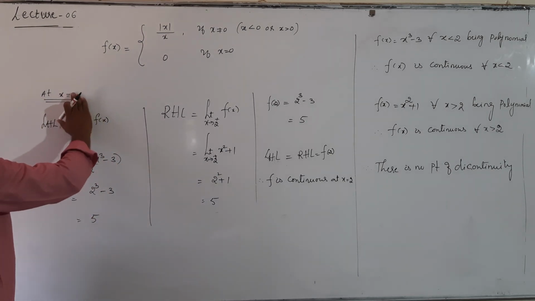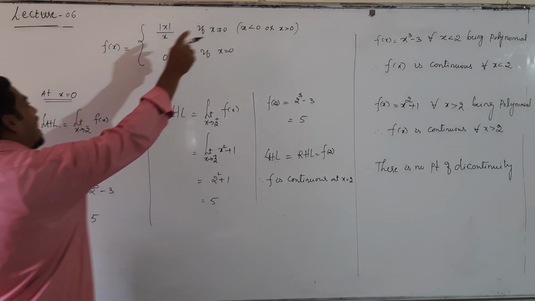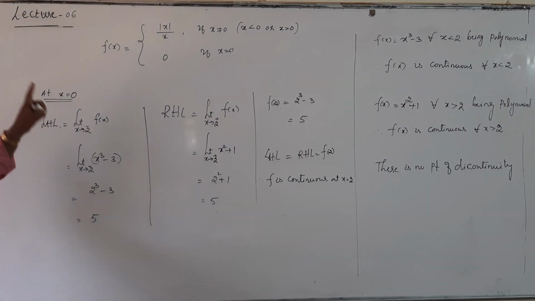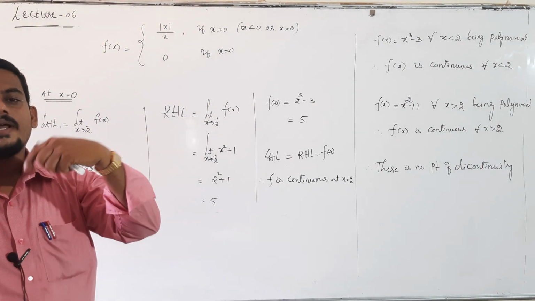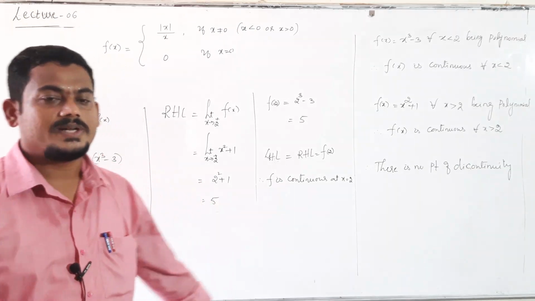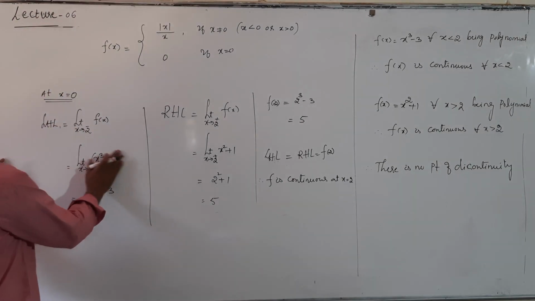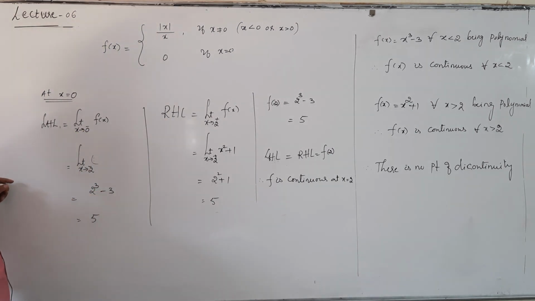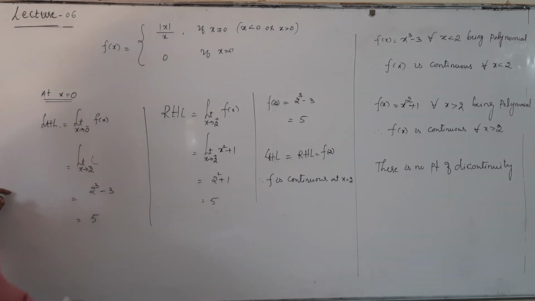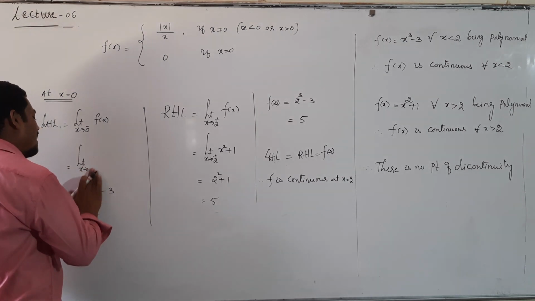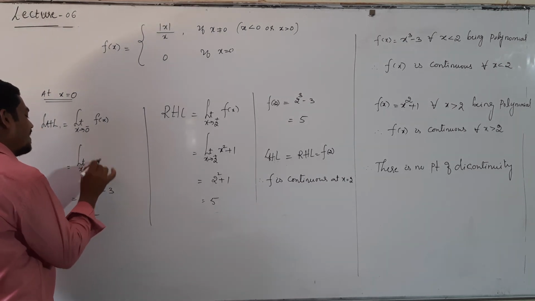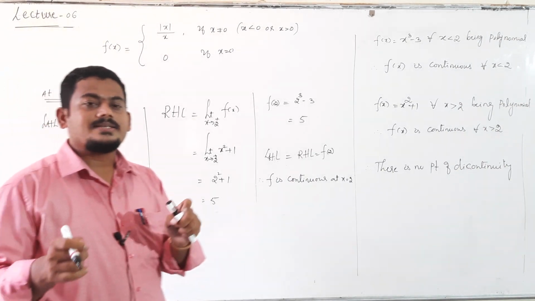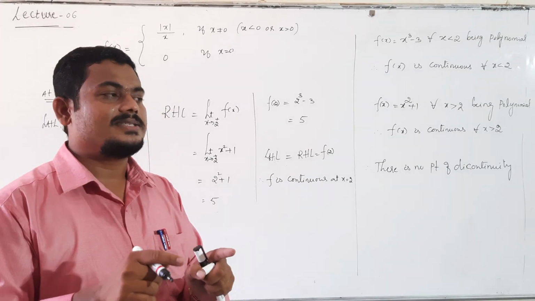Check the continuity at 0. First check the continuity at this point, means at 0. Evaluate left hand limit, right hand limit and functional value at x equal to 0, right? x extending to 0, left hand limit notation, x extending to 0 minus f of x. After that replace f of x value. 0 minus means less than 0.